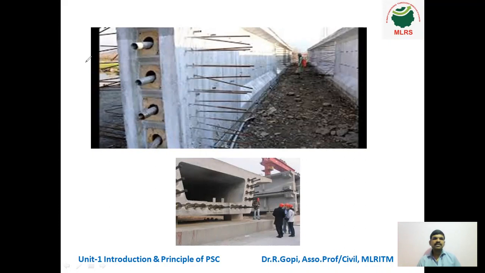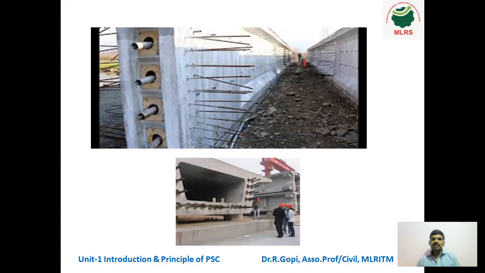So after casting, the steel rods, high tension wires, tendons are inserted. After that, using the anchorage and the jack, it will tension. Okay, you can see this girder, a trapezoidal shaped bridge girder. You can see this is made using the post-tension technique only. Most of the bridges are constructed using post tension only.